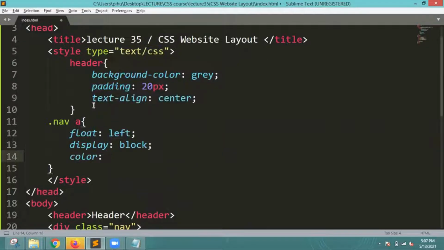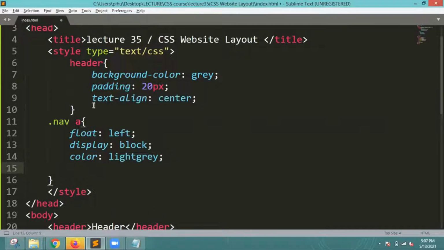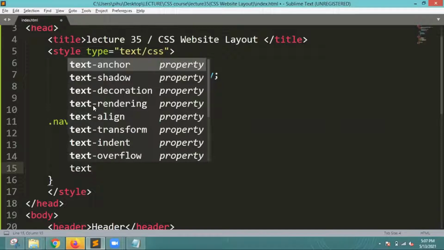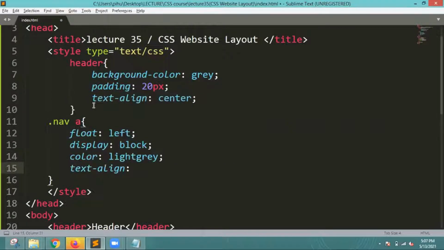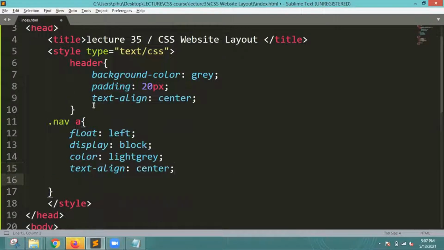And then we are having the color. Any color you like to provide, you just write it. I will provide light gray, and then I will write the text alignment, and that should be center. Okay, these are the few details I'm going to write here, and after that I will write the nav